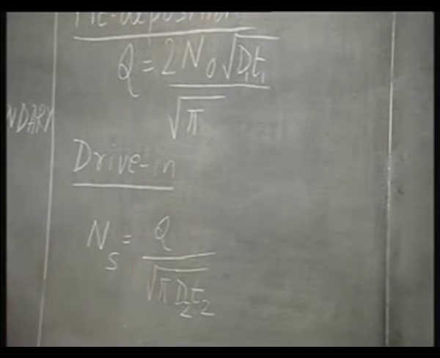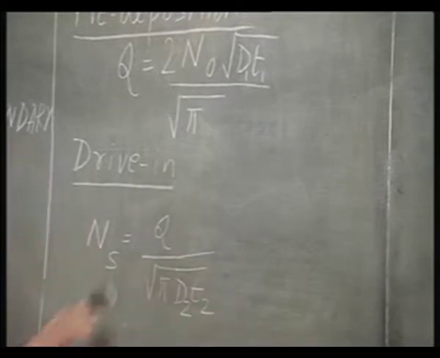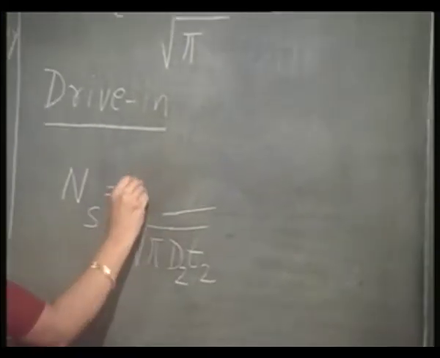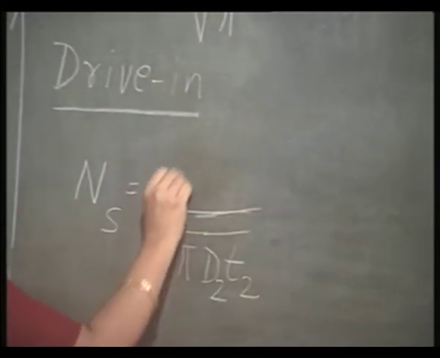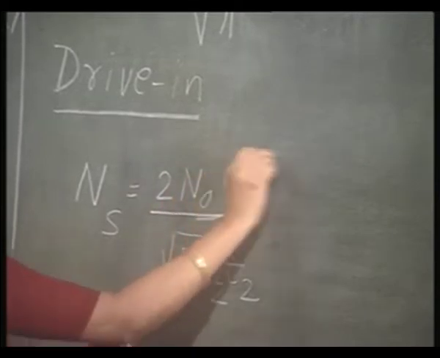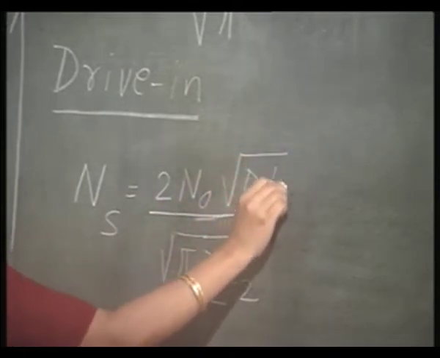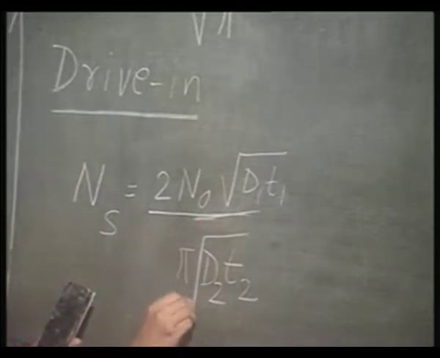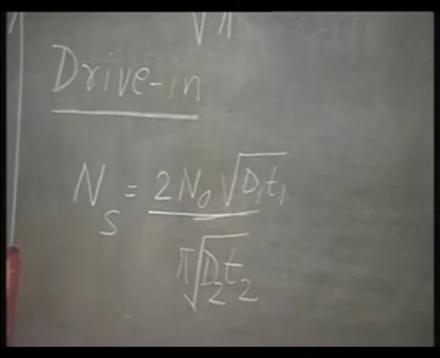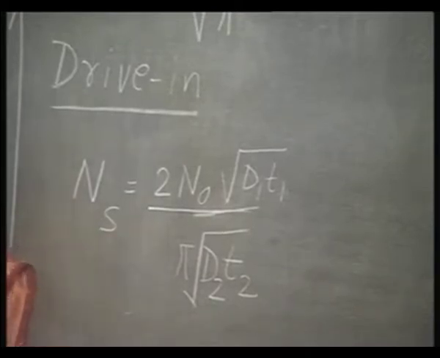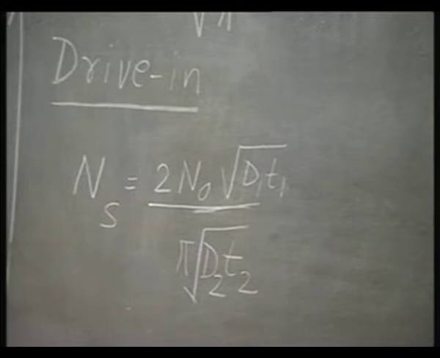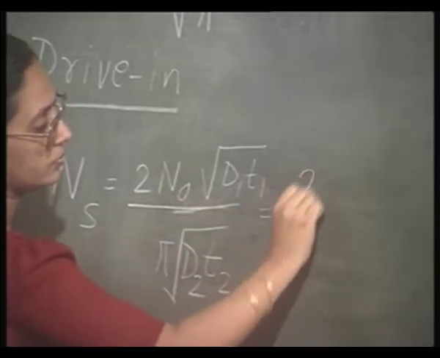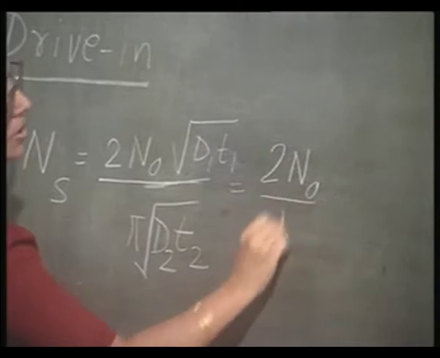So, substituting for the value of Q, I can write that the surface concentration Ns is given as 2N0 square root of D1 t1 divided by pi square root of D2 t2, or simply